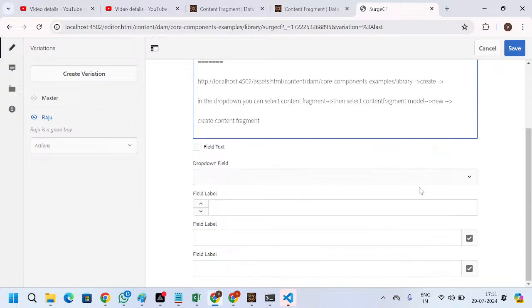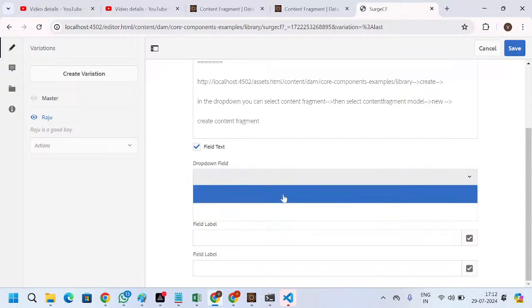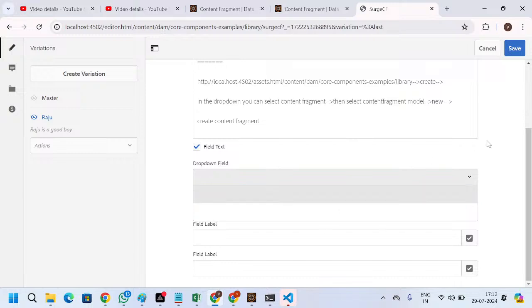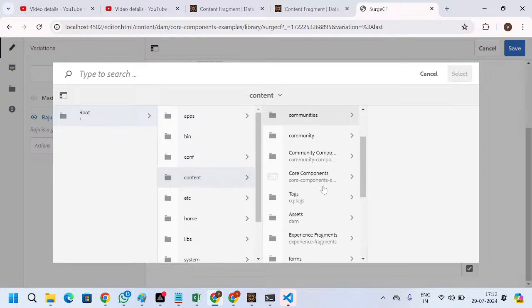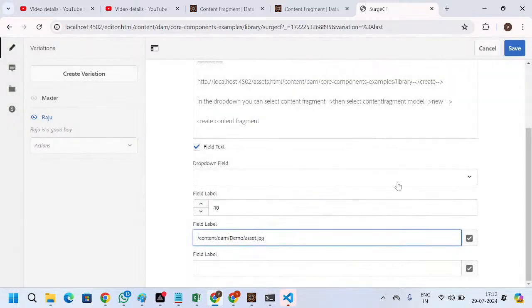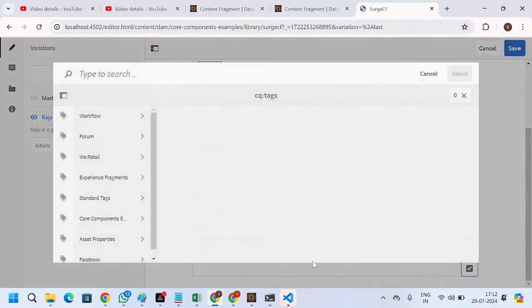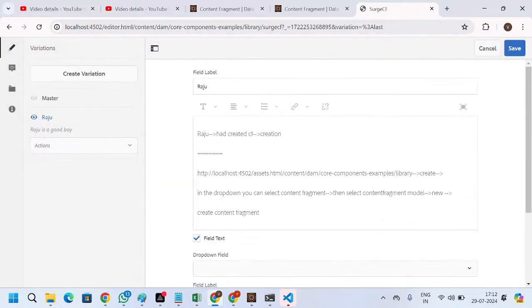Okay, and in the drop down, you can click on the field text, and you can select some number field. Okay, and you can mention the drop down field label. For example, the content assets demo. For example, if I select this one, now here we need to select the tags. So for normal purpose, I'm selecting one tag. So this is all the details information available